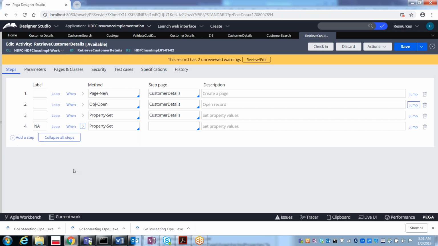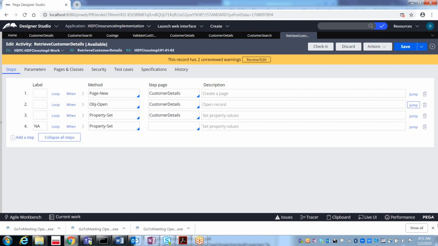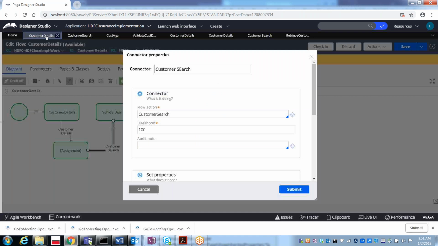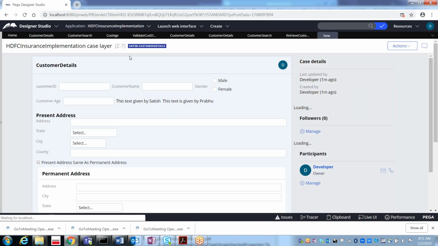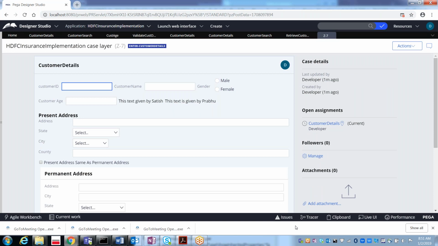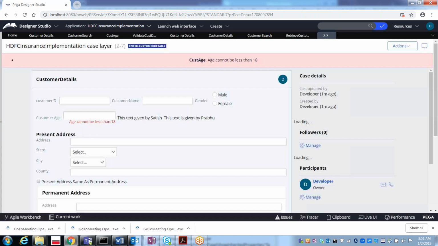So is this fine? Save. Okay, but still it is not clear. I will show you what exactly the problems it contains. Actions, run. Okay, so this is the first screen. Here we don't have anything. In the second screen we implemented